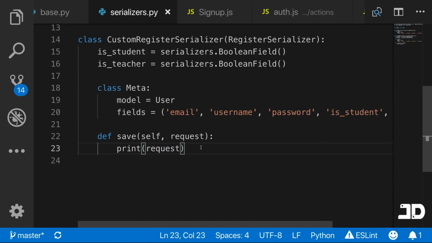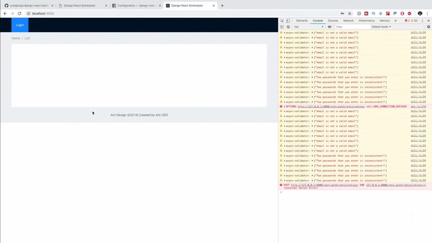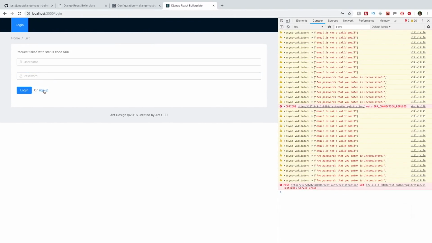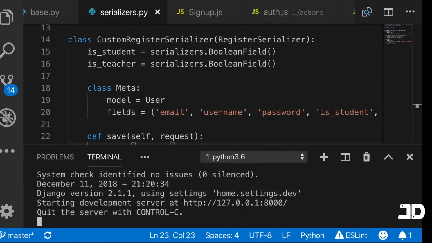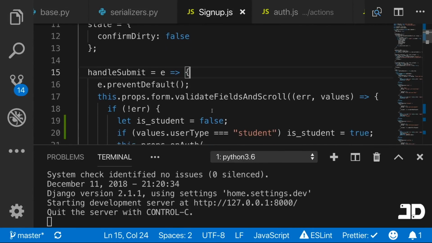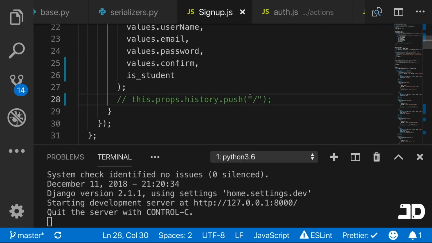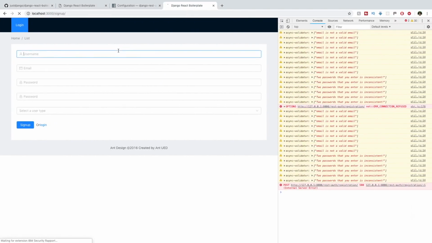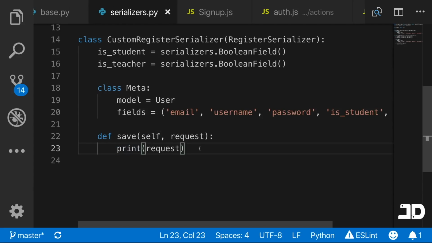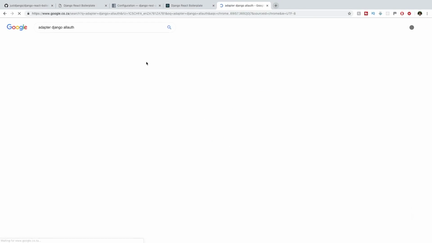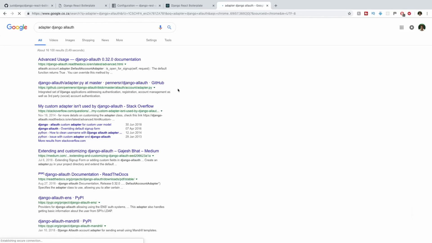And so with that, let's open up the terminal again, and we'll go to the sign up page, but let's actually get rid of the rerouting here. So if we go to the handle submit, we'll not push ourselves to this URL, so that way we can continuously test this. And from this point here, overriding the save method involves using an adapter which comes from Django's allauth. So if we search here for adapter Django allauth, we can just click on this first one here,